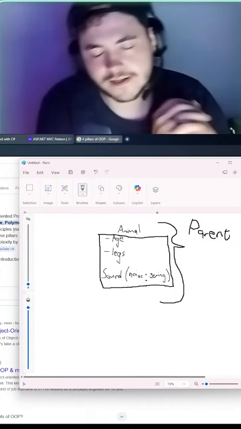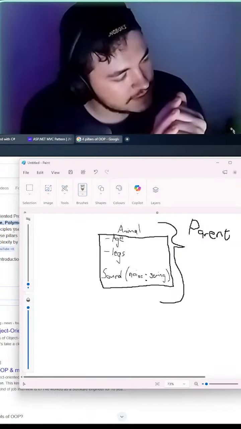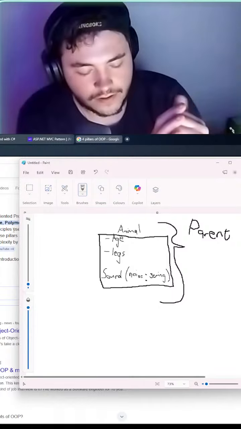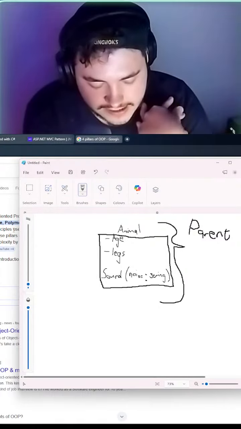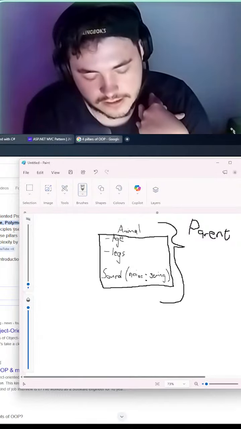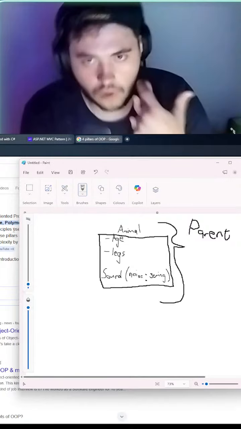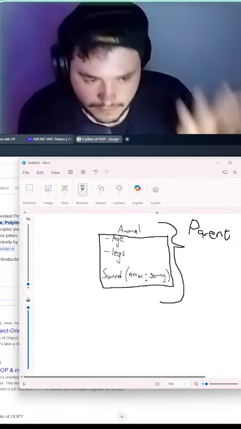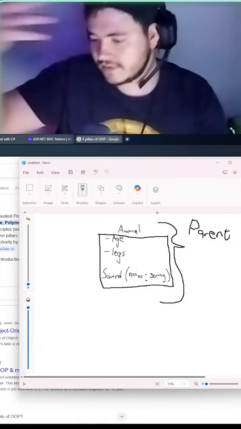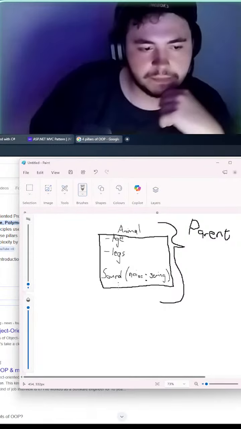Inheritance means that if an instance or a child or an extension of a parent class exists, it will automatically inherit properties or behaviors from the parent. Now, that's technical jargon. What does that mean?